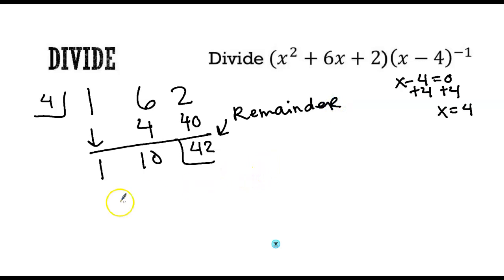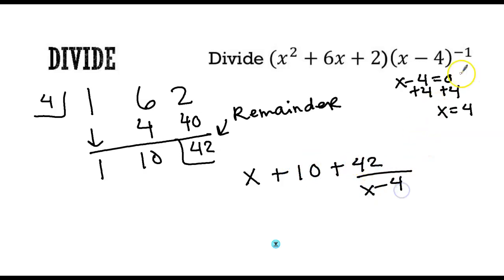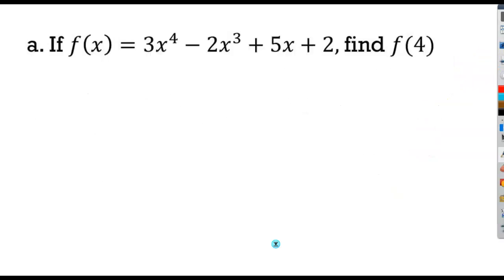And for the rest of it, remember to put your variables back on there. So x plus 10 plus 42 over x minus 4. Okay? You kind of need to recall how to do that in order to do what we're about to do next. What we're going to do here